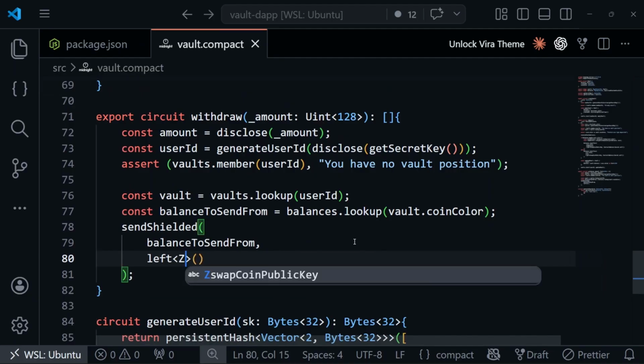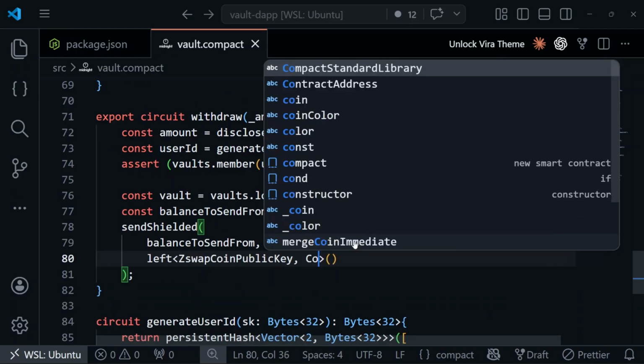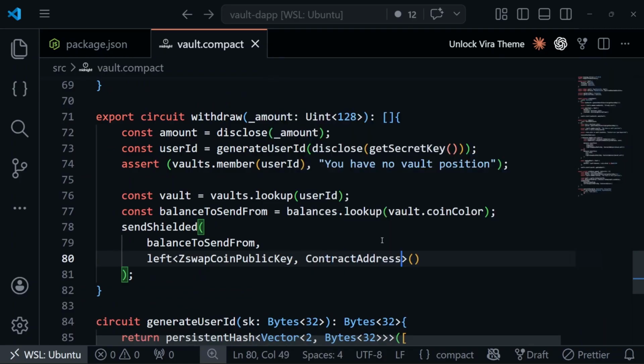ZswapCoinPublicKey, the swap coin public key, and then the contract address. And then we have to pass the address, the public key of this person that is going to receive this token. In this case, this is the user who deposited it. Now to get a user's own public key so we can send the token to them, we don't have to receive their address. What we can do is Compact gives us a utility circuit that allows us access to an encrypted version of the user's public key, and that is called the ownPublicKey